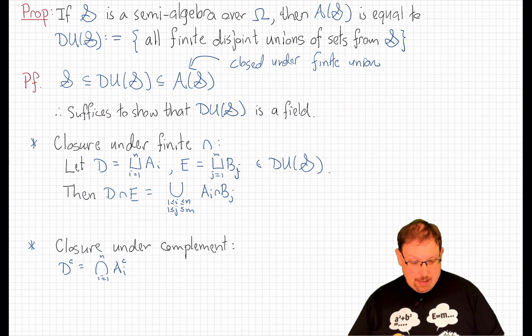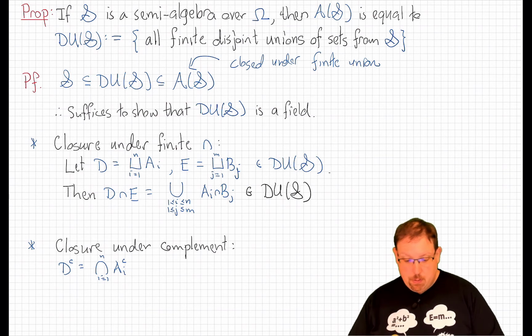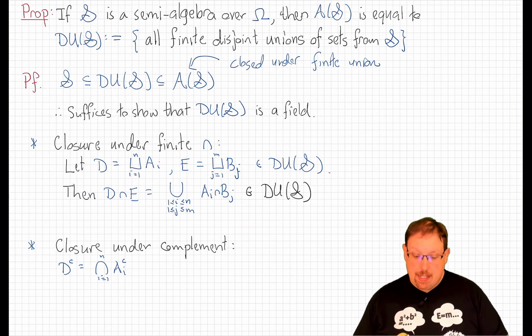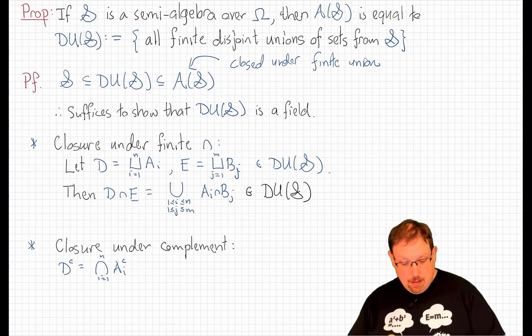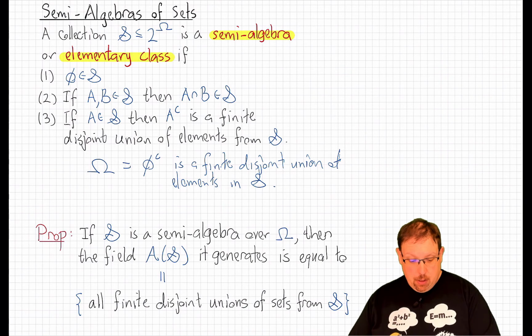And that, I claim, is in fact in the set du of S, which is what we wanted to show. Now, why is that? Well, because S is, by definition, closed under finite intersection,